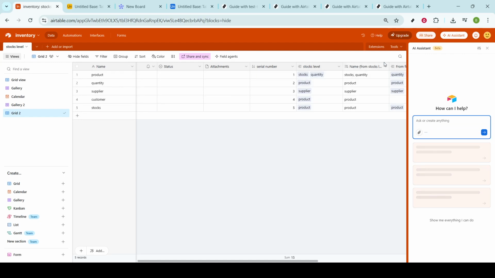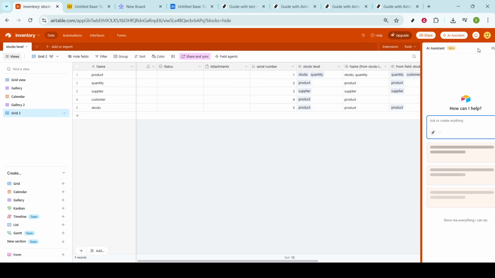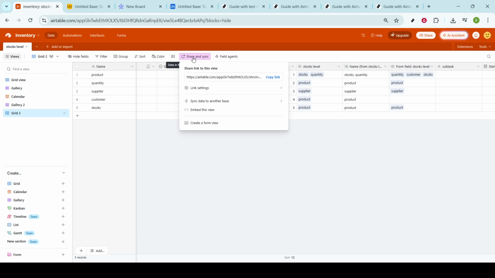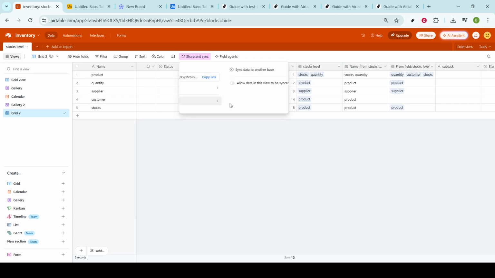At the top bar of your base view, keep an eye out for an option labeled Share and Sync. Give it a tap. This will open a series of options to manage how your data is shared and synced. One of the key features you'll see here is Sync Data to another base. Click on this option to proceed. This step is crucial for preparing your data for synchronization across bases, helping ensure that your tables are current across